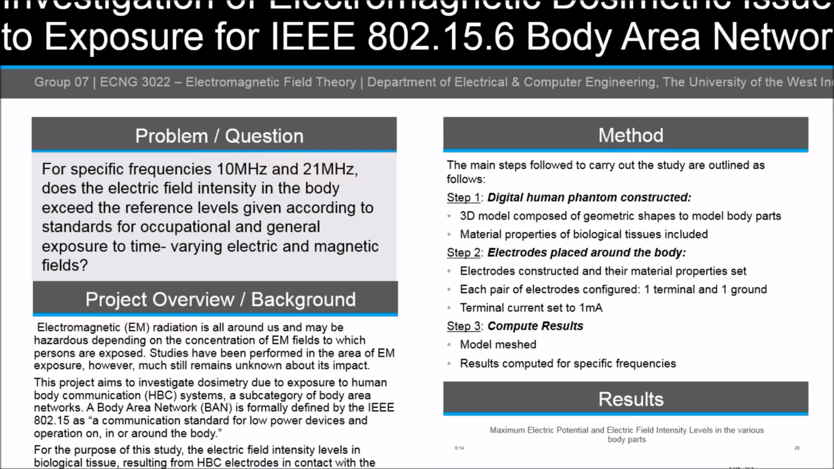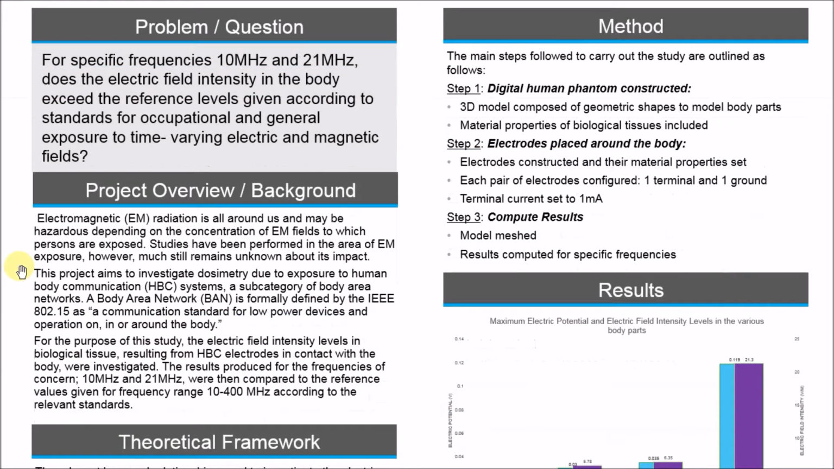of 13.56 MHz. This project investigated the dosimetry due to exposure to human body communication (HBC) systems, a subcategory of body area networks (BAN), which is defined by the IEEE standard as a communication standard for low-power devices and operation on, in, or around the body. The wearable sensor and transmitter model of the HBC system was employed, each sensor having an electrode pair of one terminal and one ground electrode. The E-field levels in the body due to the HBC electrodes were compared with relevant standards to answer the question